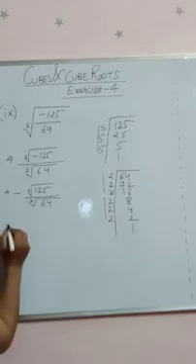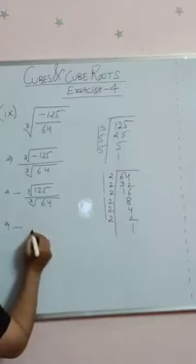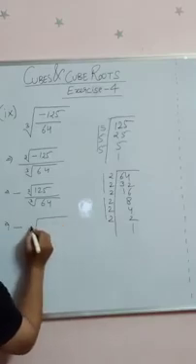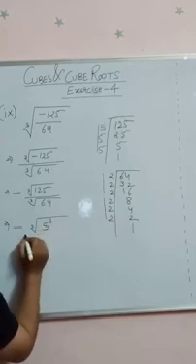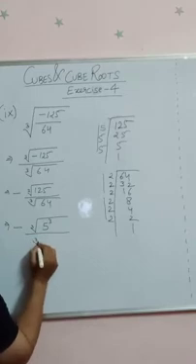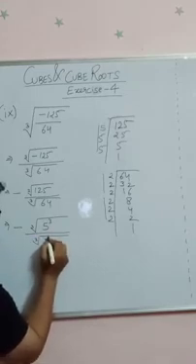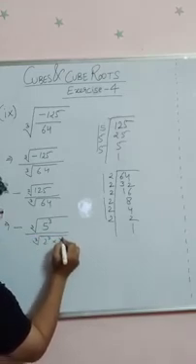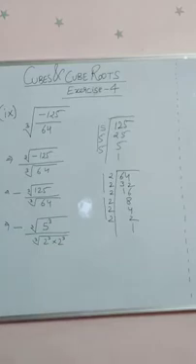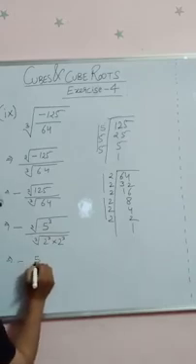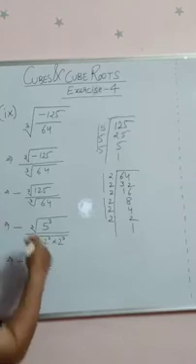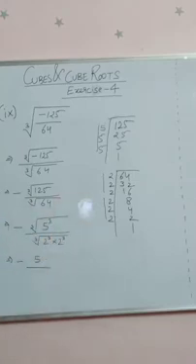So let us rewrite the given fraction. It is a negative answer. It is the cube root of 5 to the power 3 upon the cube root of 2 to the power 3 into 2 to the power 3. Now this time I am going to change the method a bit, but it is still logical. The cube root of a cube is the number itself. So you can directly write it as minus 5. I am not showing it by keeping the power as 1 by 3, but it means the same thing.